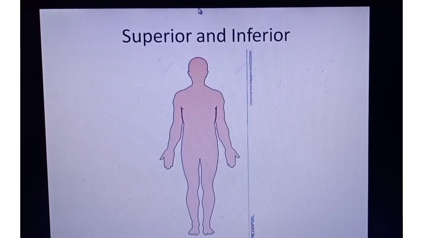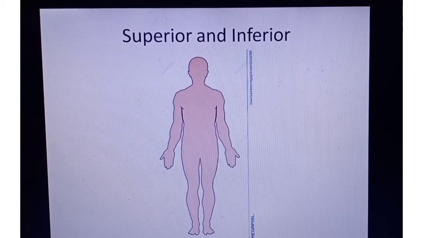Then comes your superior and inferior. Just have this outline diagram. This part will be your superior. This part is your inferior. That is, the lower part is your inferior and the upper part is your superior. So what did we discuss for the example? We discussed that hand is a part of the superior extremity and foot is a part of the inferior extremity. You see here, this is superior, I told you, superior or cranial. So this is the hand. Hand is superiorly attached, so it is part of the superior extremity, and foot is attached at the lower end, so it is known as part of the inferior extremity.